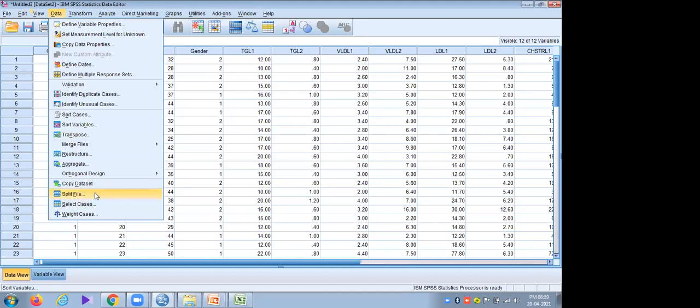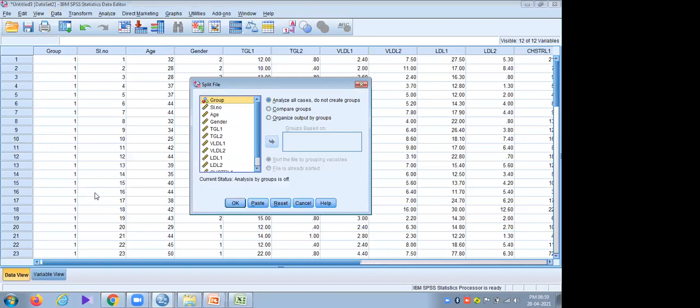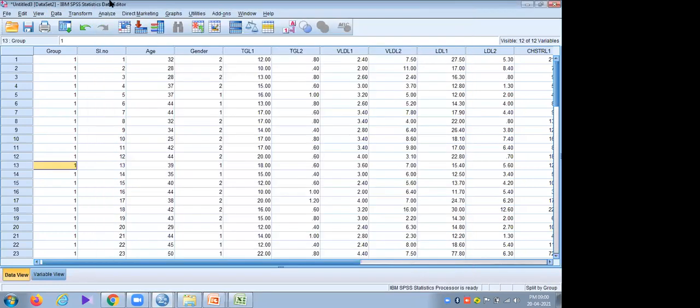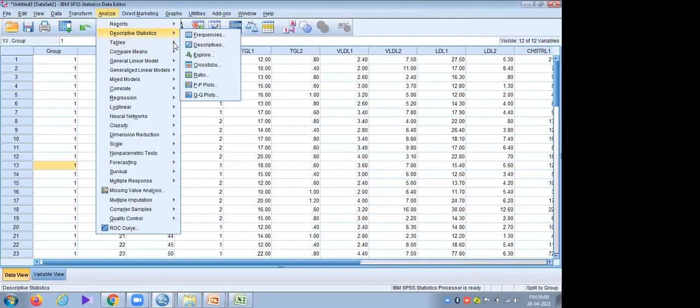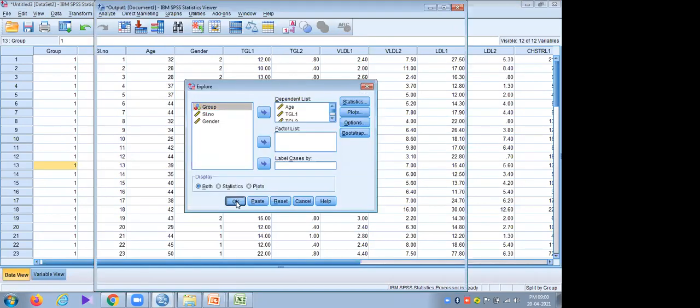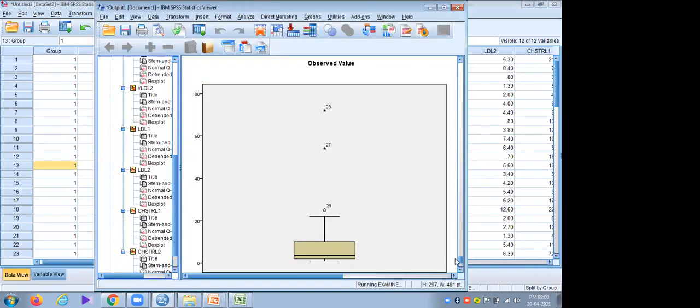In that, we can split the file. In what manner are we splitting the file? According to group, because we want to compare the entire data. So based on group, we are doing the analysis. So we choose group. And now if we do the analysis of normality, the results will come separately for both groups.